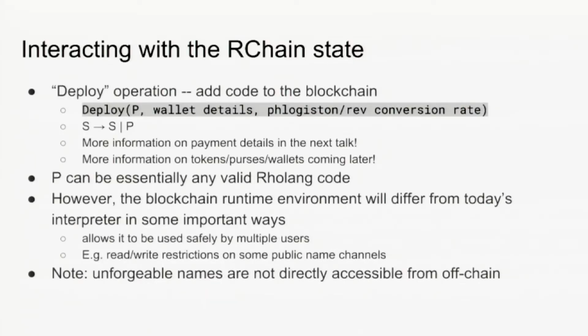You could deploy things like, if you have a wallet, you could deploy a message, a send that includes some instructions and a signature, and then your wallet does the thing, and you didn't have to deploy any new contracts. You can just deploy a send, which would act in a lot of ways like a method call in some other environment. So the blockchain runtime environment will be different from the interpreter. For instance, what does it mean to write to standard out on the blockchain? There isn't going to be a standard out.